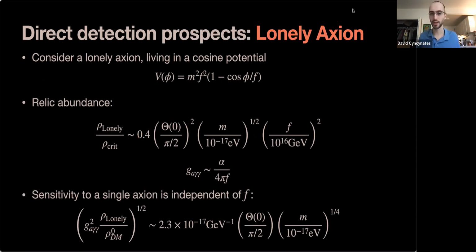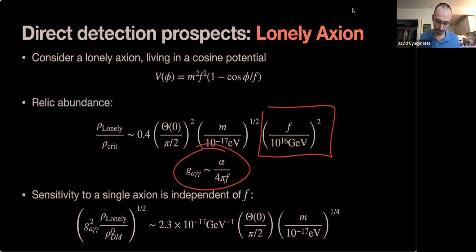So for a moment, consider a single axion living in a single cosine potential, a lonely axion. We know how its relic abundance scales. It scales like the decay constant squared. On the other hand, the axion-photon coupling is expected to scale like 1 over the decay constant. So this figure of merit, g_aγγ squared rho, is independent